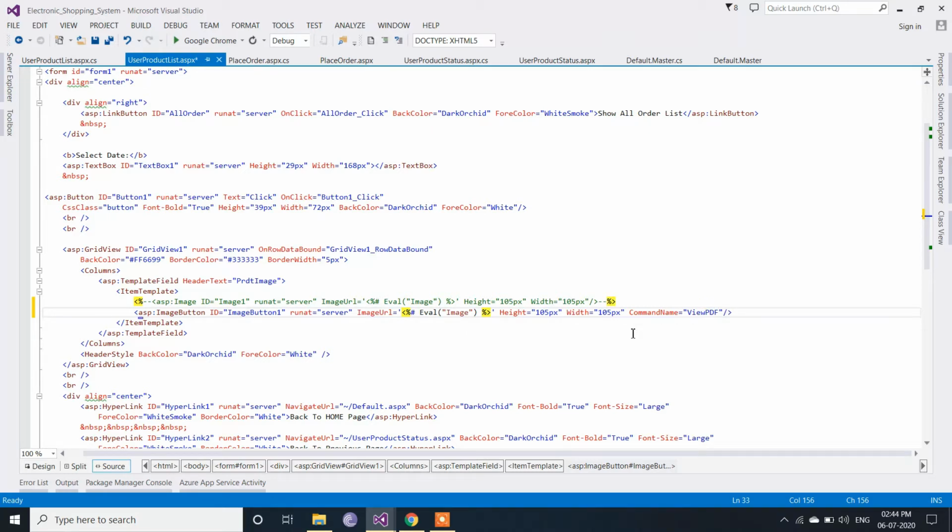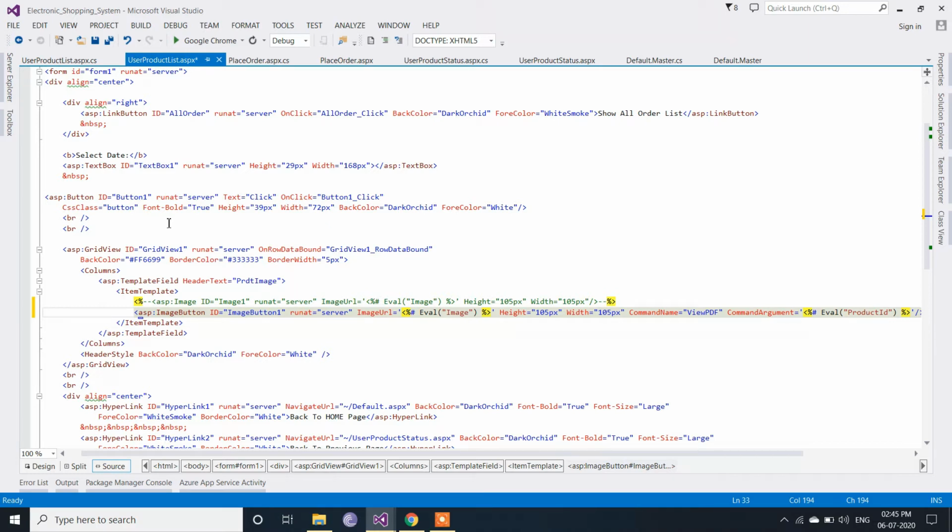I'm giving the command name as ViewPDF. You can give any name. Then the command argument is equal to, instead of image, I have to take the order ID. Order ID is a column which is present in the table which is bound to this grid view.